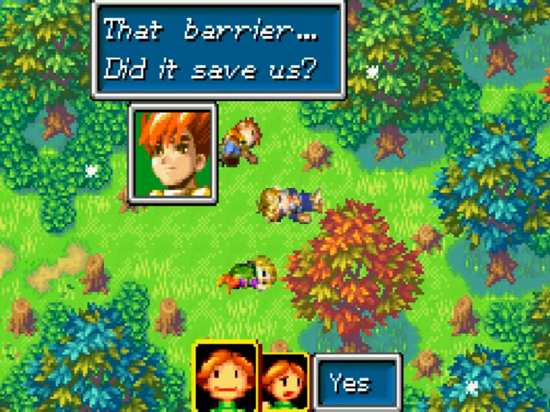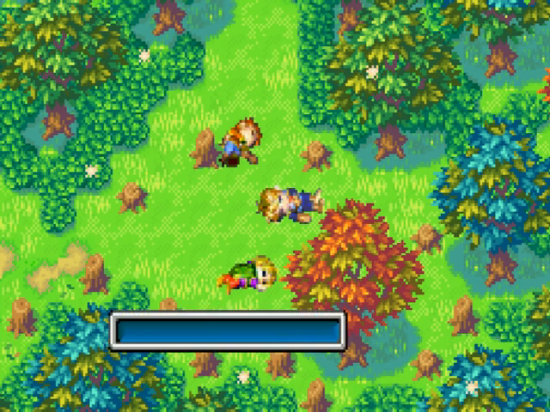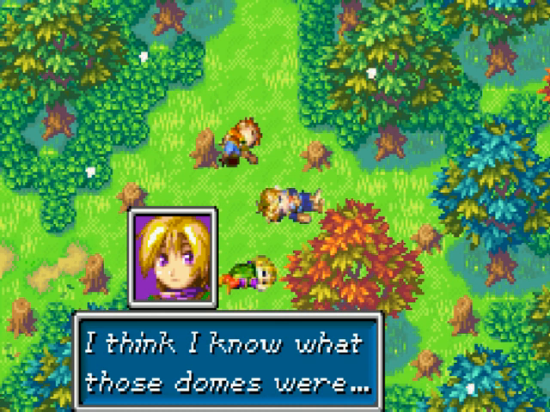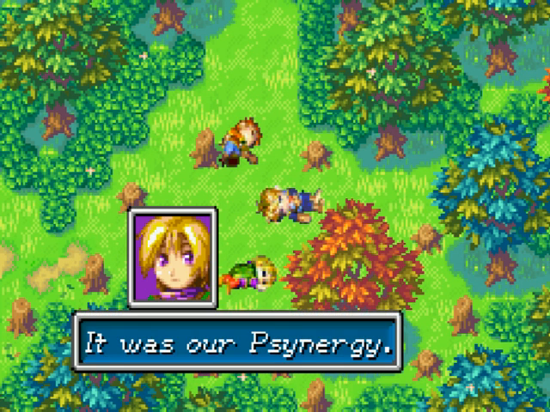That barrier, did it save us? I don't know, did it? Well, not Ivan, but Garrett, who's the red hair, is pretty much an airhead. He's pretty much the airhead of the group. I think so too, Isaac. I think I know what those domes were. Ivan's kind of like the oddball of the group, and Isaac's pretty much a silent protagonist, so...